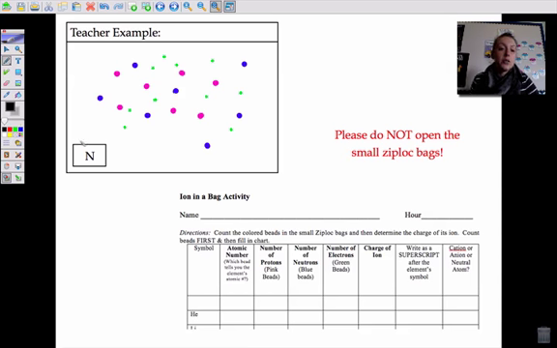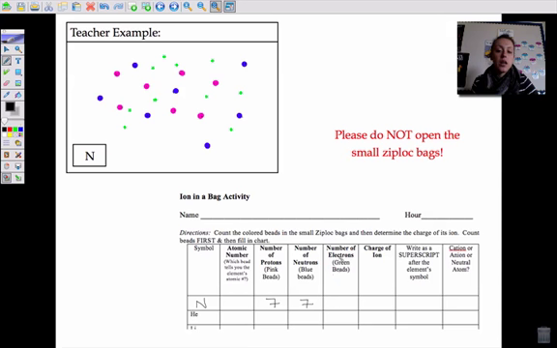The first thing we're going to do is write down the element symbol under the blank space down here. This is our teacher example. And before we determine the atomic number, we're going to count the number of protons, the pink beads, the number of neutrons, the blue beads, and the number of electrons, which are the green beads. So my pink beads represent the protons, and I have 1, 2, 3, 4, 5, 6, 7 pink beads, so I have 7 protons. And I have 1, 2, 3, 4, 5, 6, 7 blue beads, so I have 7